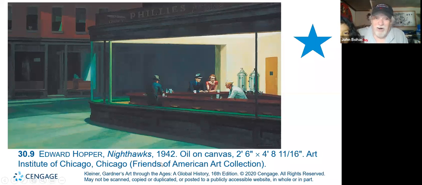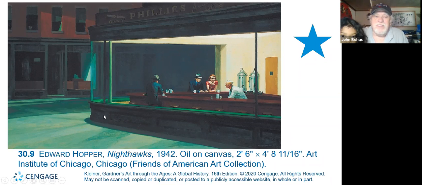It's called Nighthawks, and this is one of the most famous paintings of American art. And so you want to know where all of this famous American art comes from. It comes from this time pre World War II, and out of this environment. Now, Nighthawks here is one of the most famous American paintings ever. But